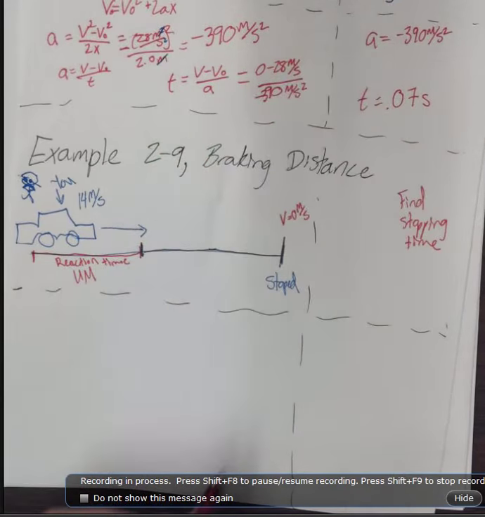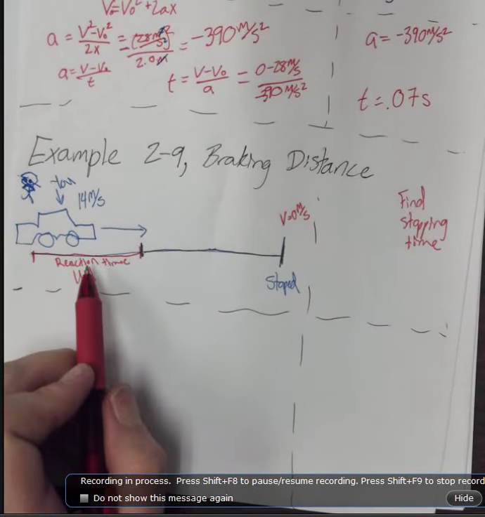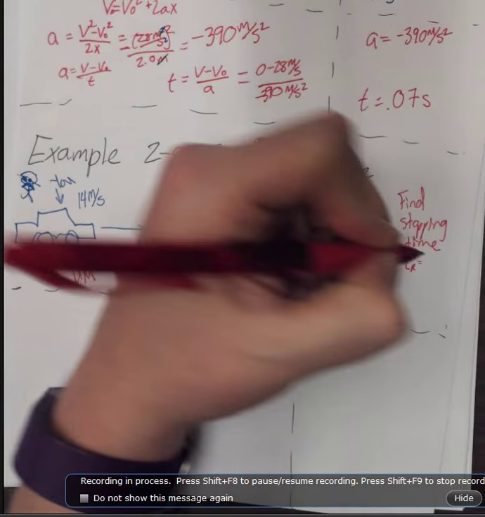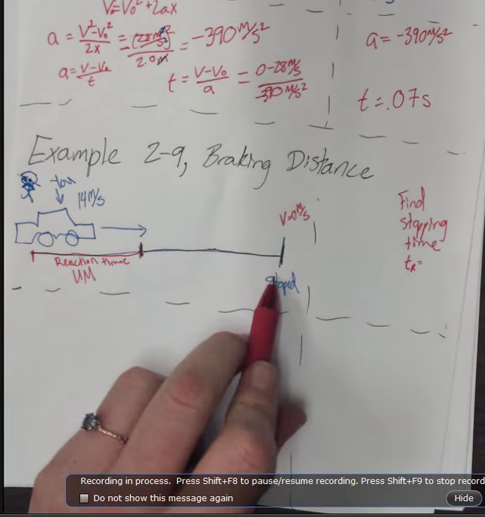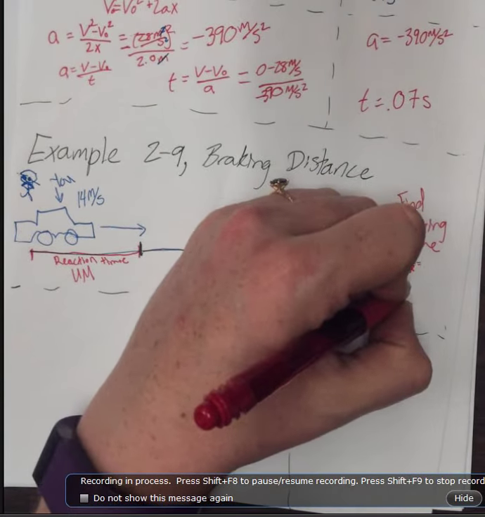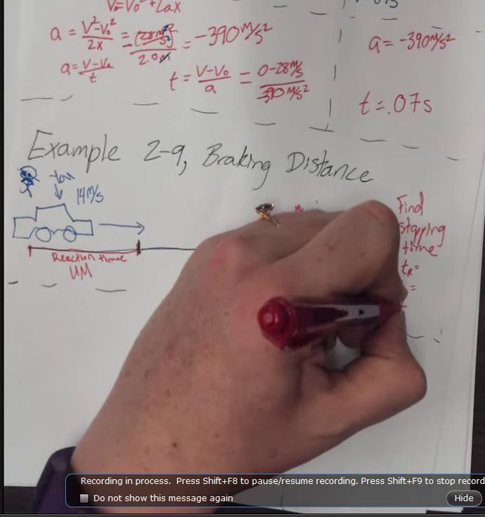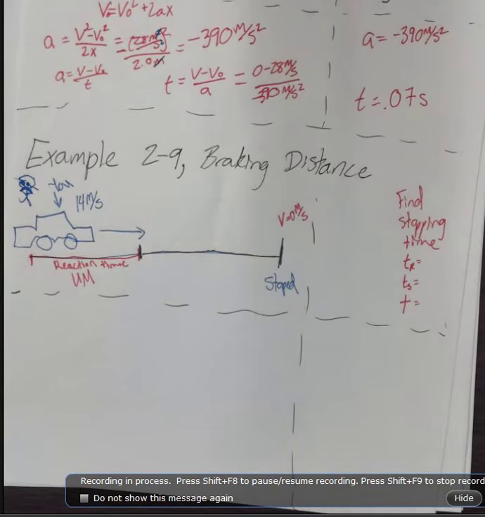We're breaking it up into two sections. The amount of time it takes you to react, so we're going to call that time reaction, and the amount of time it will take you to completely stop once you do begin braking, so that'll be our time stop. Which means that our T is going to be our total time of both of those. That's what we're actually trying to find. What we know,